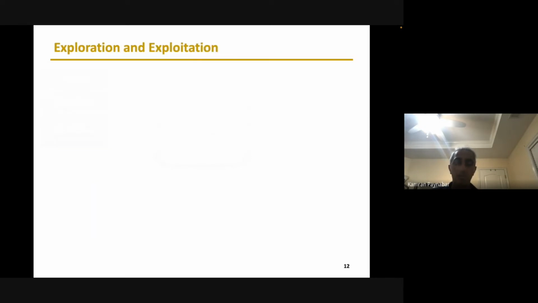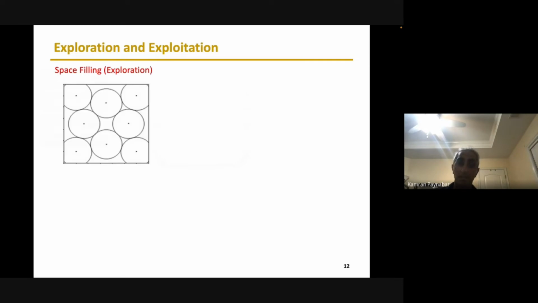So how our methodology works is based on one important principle, which is exploration and exploitation. This comes from the active learning literature. If we are doing sampling, we need to make sure we sample all the space, because we do not want to miss an anomaly. If there is any defect, we want a space filling design, meaning that we are sampling all the space, to make sure we are not missing it. We call this exploration. We are exploring this space.